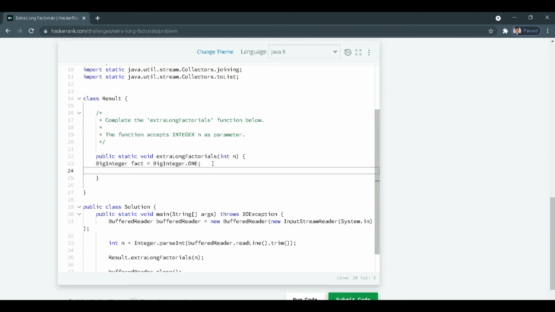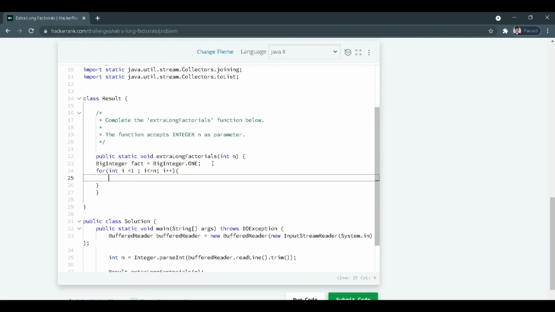After that we use our simple logic to iterate the fact value. Let's do it. For int i equal to 1, i less than or equal to n, i plus plus. Inside, we normally write fact equal to fact into i to find a factorial.